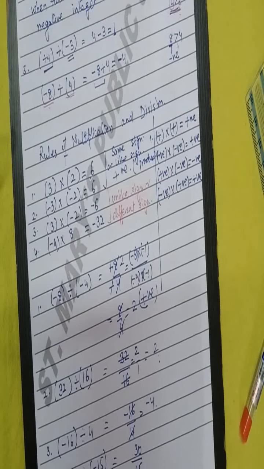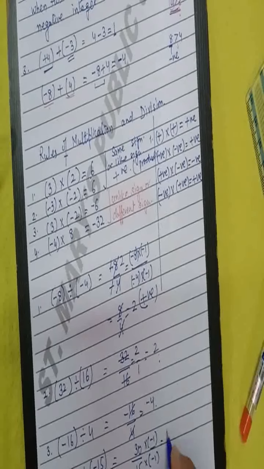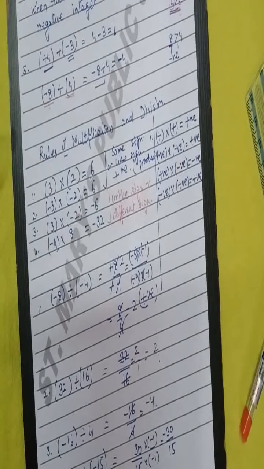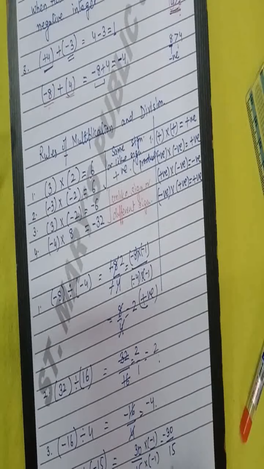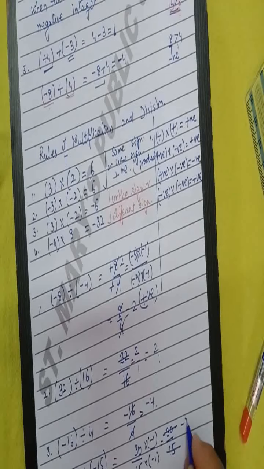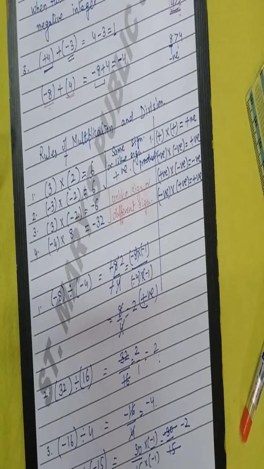See, the minus is with 15 here. So we can do it in standard form. It will become minus, 15 ones are 15 and 15 twos are 30. You have already been taught this in class 6 also. So here you are getting the answer is negative.